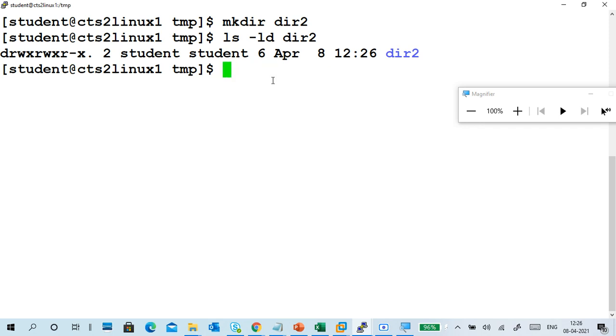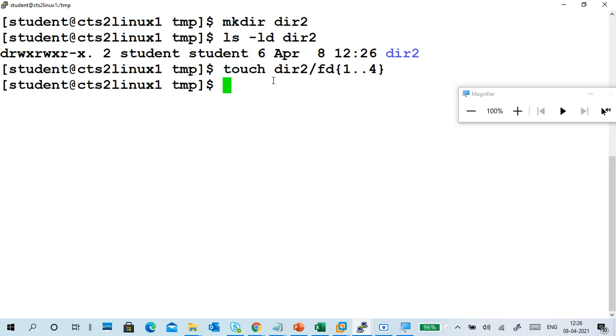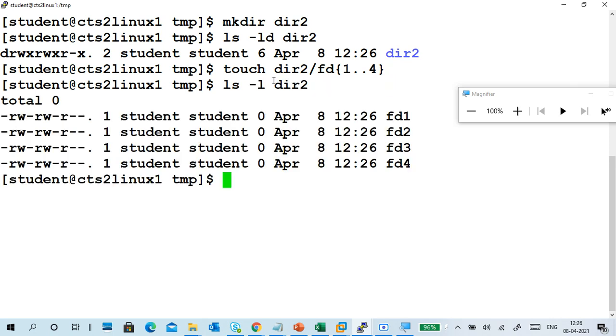So I create dir2/fd1, and so on, one dot for at a time I'm creating. So these are the four files. All four are created by student only, no problem. But everyone is getting rw only.